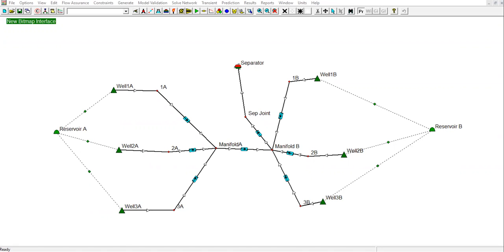So we will continue our learning on oil network modeling using GAP software. Now we will solve the network with the condition that wells are fully open. Okay, our 6 wells are fully open. And to do this, we will go to solve network here,